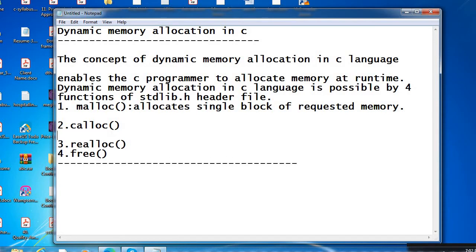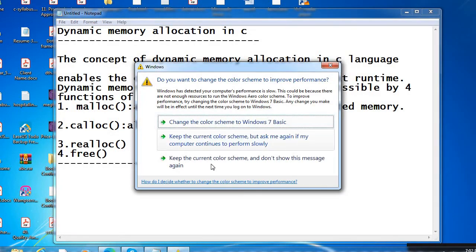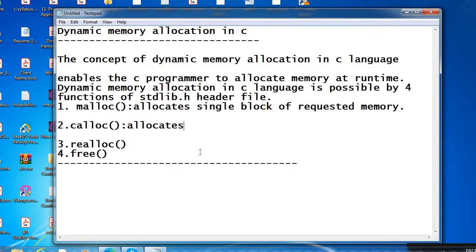Whereas calloc allocates multiple block of requested memory.